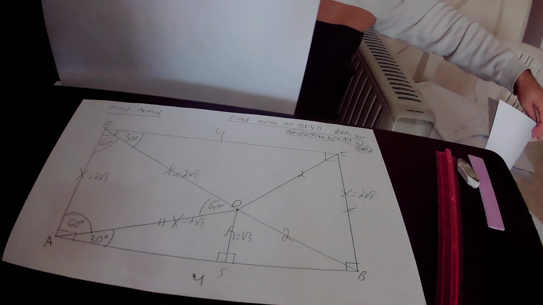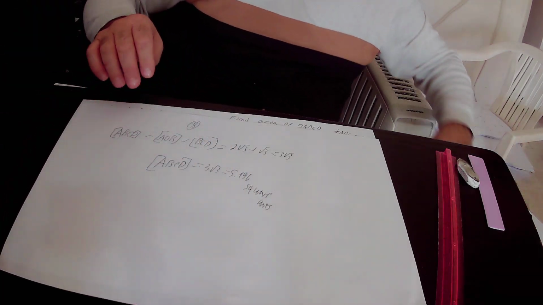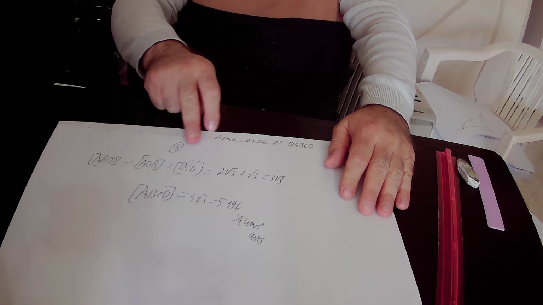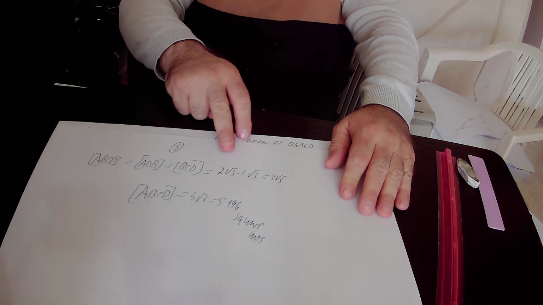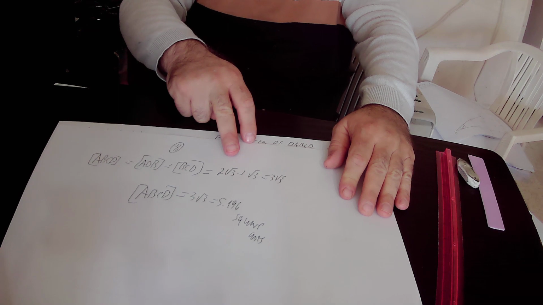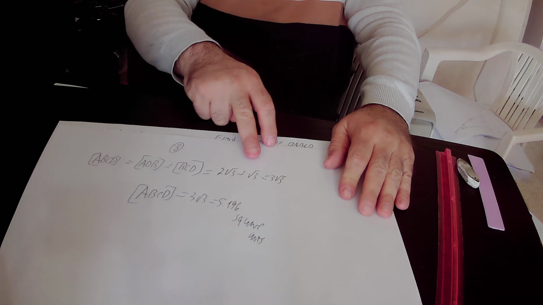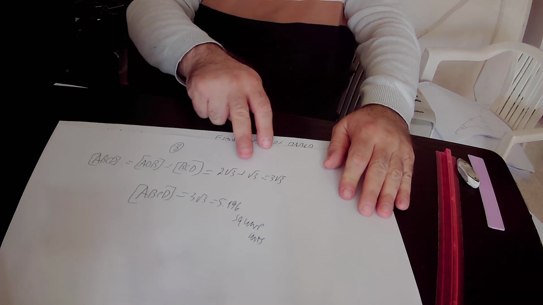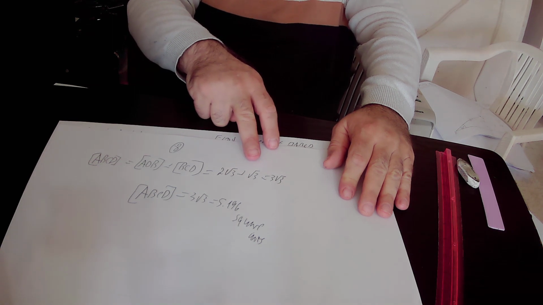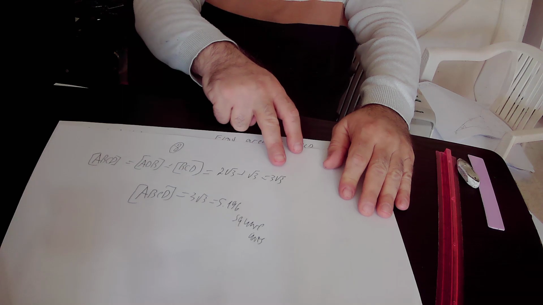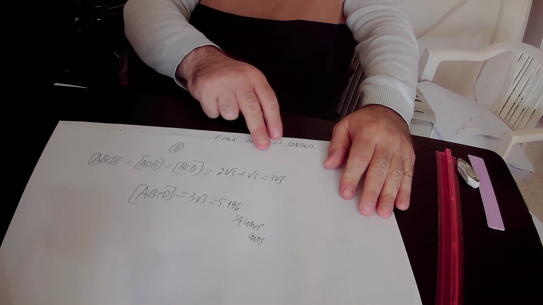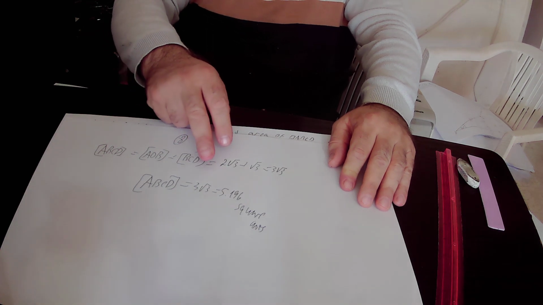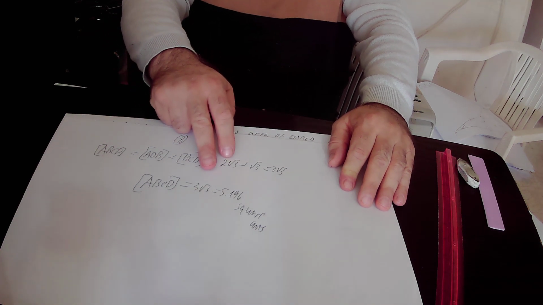The area of quadrilateral ABCD equals the area of triangle ADB plus the area of triangle BCD. The area of triangle ADB is equal to 2 times square root of 3 square units, and the area of triangle BCD equals square root of 3 square units. 2 times square root of 3 plus 1 times square root of 3 equals 3 times square root of 3. Therefore, the area of quadrilateral ABCD equals 3 times square root of 3 square units, or in terms of numbers, it equals